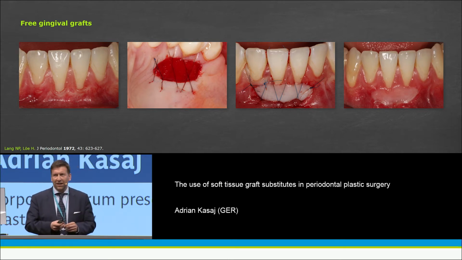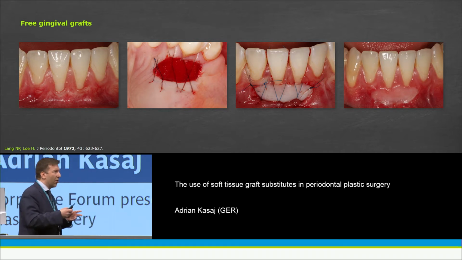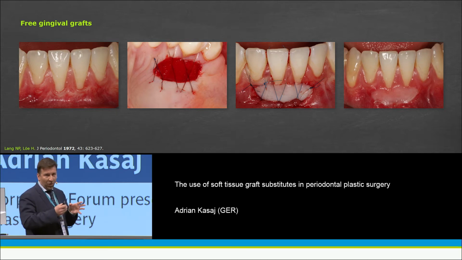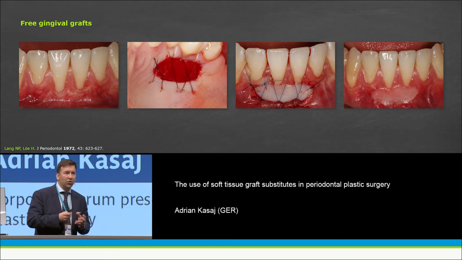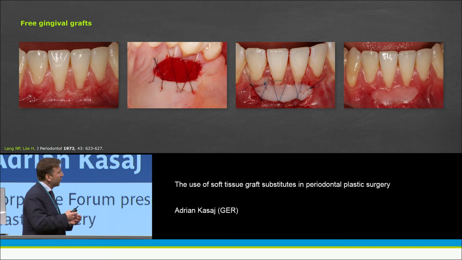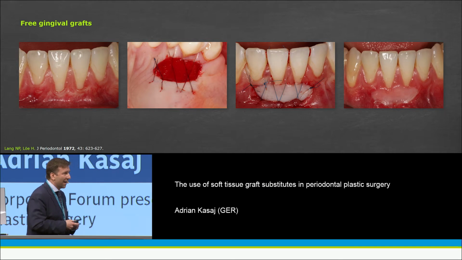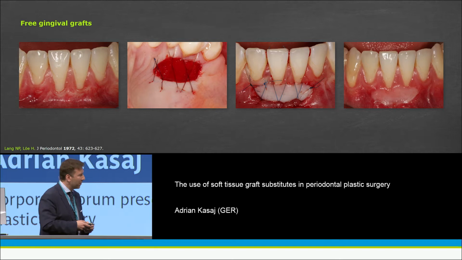So I would say the era of the 70s and the early 80s was the time of the free gingival grafts. Based on the work from Lang and Löe, it was considered that we need at least 2 millimeters of keratinized tissue, 1 millimeter of which should be attached, to maintain periodontal health. So in this era, a lot of free gingival grafts were performed as a preventive measure, and you can see here the outcome, the baseline situation